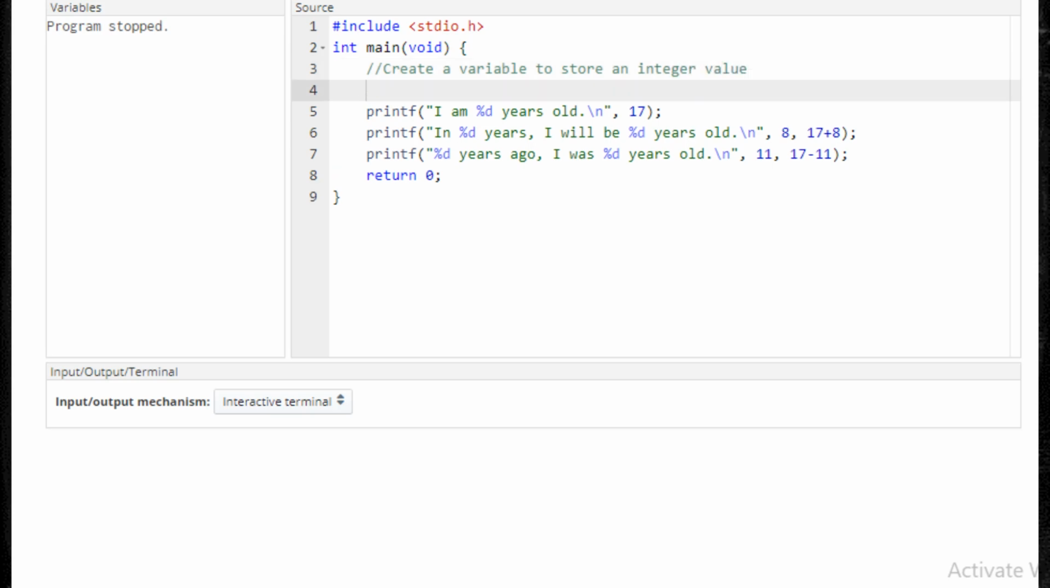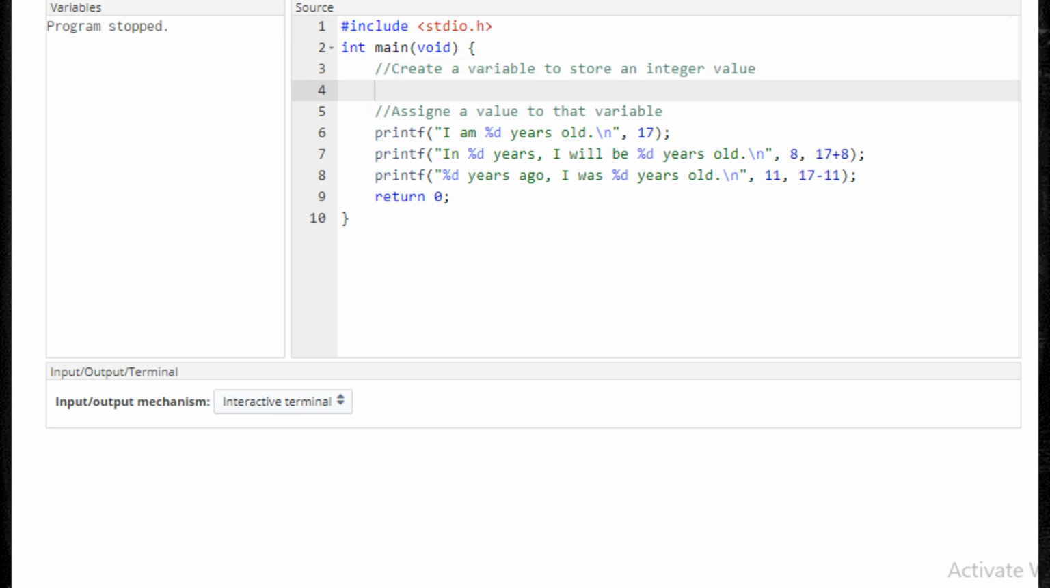And next, I need to assign a value to that variable. And how do I do these 2 things? In C, an integer is called an int, just int. The abbreviation int is used for integer. So to create a variable that can hold integer values, I type int to tell C that's what I want to store,